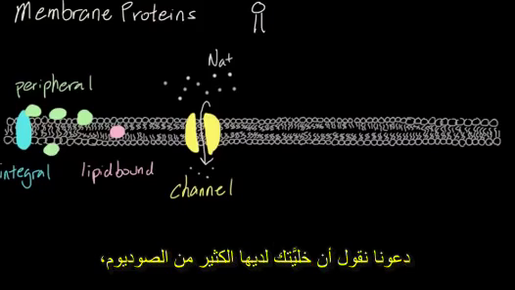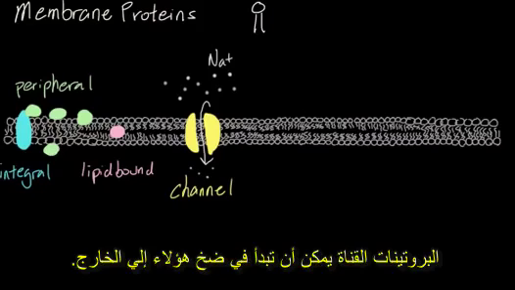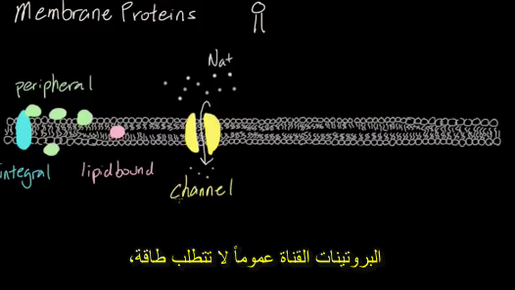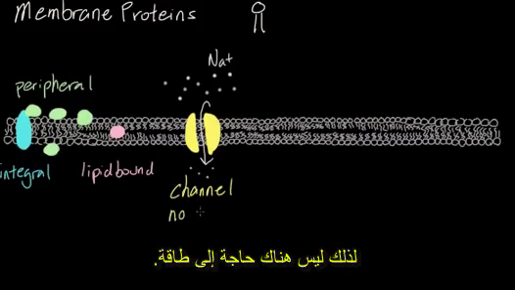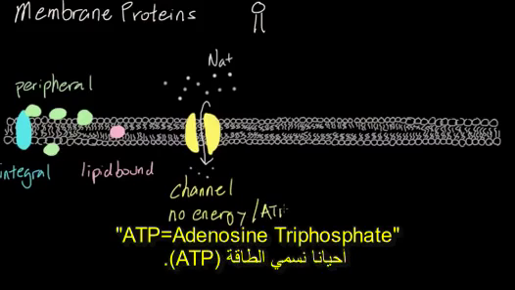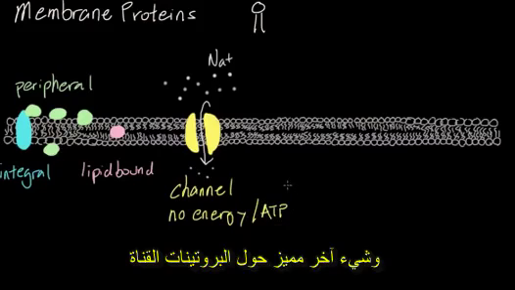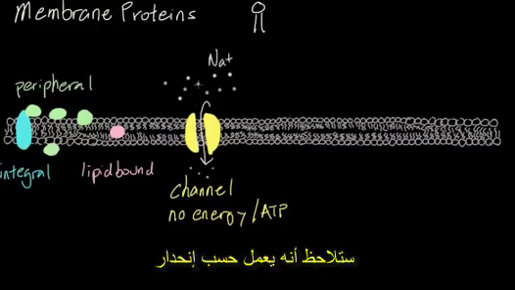So let's say your cell has way too much sodium, and it needs to get rid of it. So channel proteins can start pumping these out. Channel proteins generally don't require energy, so there's no energy needed. Sometimes we call energy ATP. And another thing that's special about channel proteins is